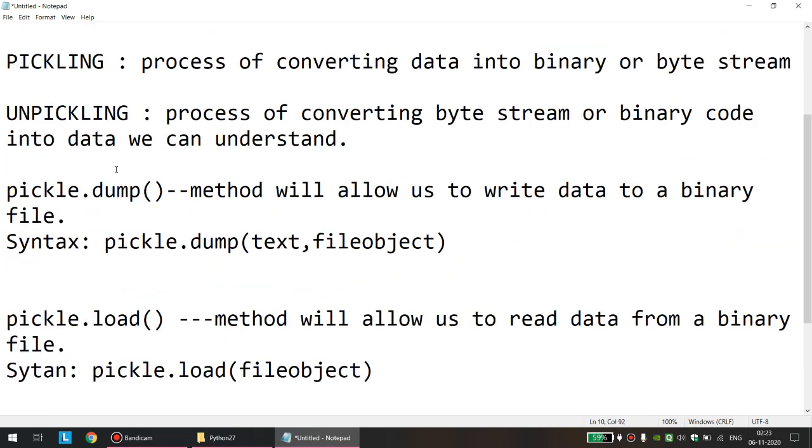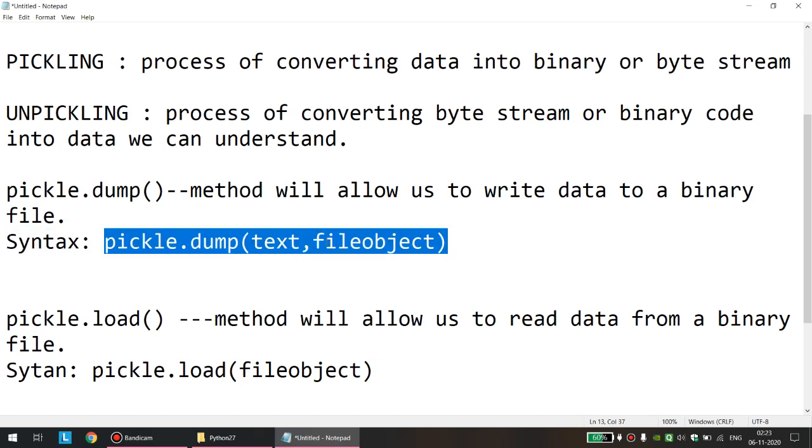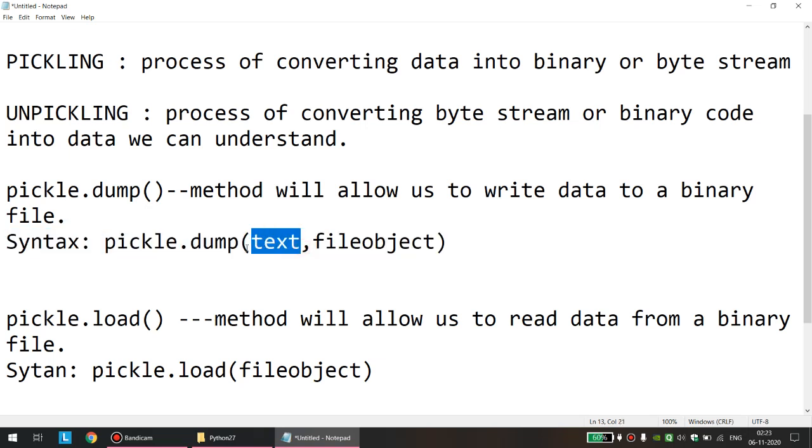And the last thing, in a normal text file, to write data we use the method f.write, and to read data we use the method f.read. Here it is totally different. To write data to a binary file, we have to compulsorily use the method pickle.dump. It will allow us to directly write data to a binary file. What is the syntax? Pickle.dump, the data that is to be written, maybe in single quotes, comma,